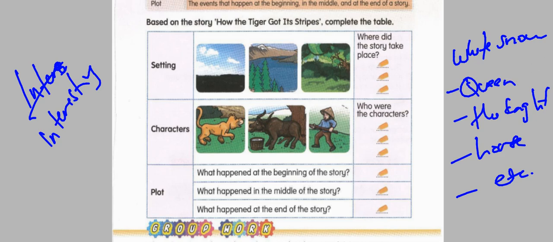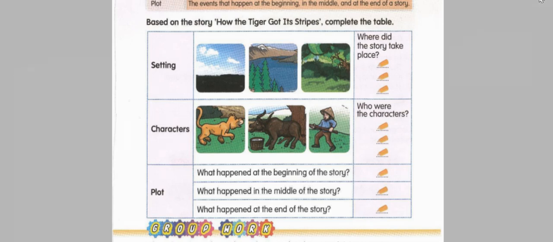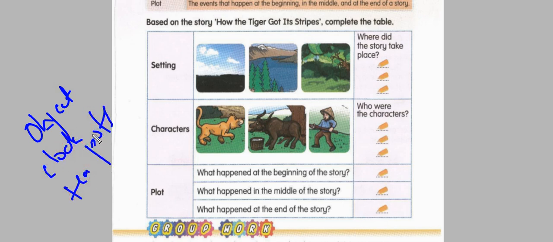Not necessarily to be human or animal, it can be object too. What stories do you know that have objects? I don't remember that story, the one with talking teapots. Beauty and the Beast. In Beauty and the Beast, they have objects as their characters. The clock, the teapots, those can also be characters.